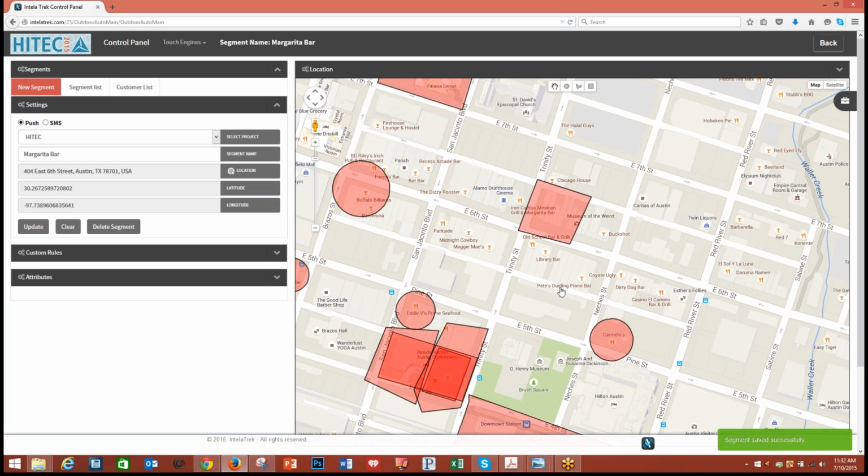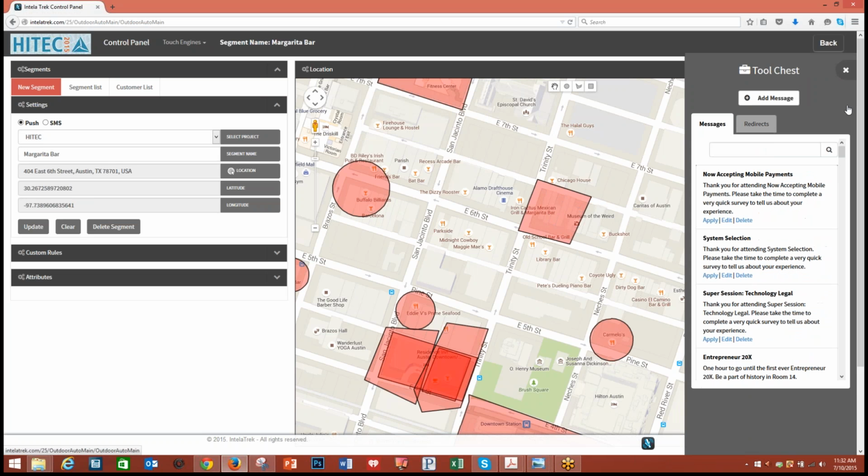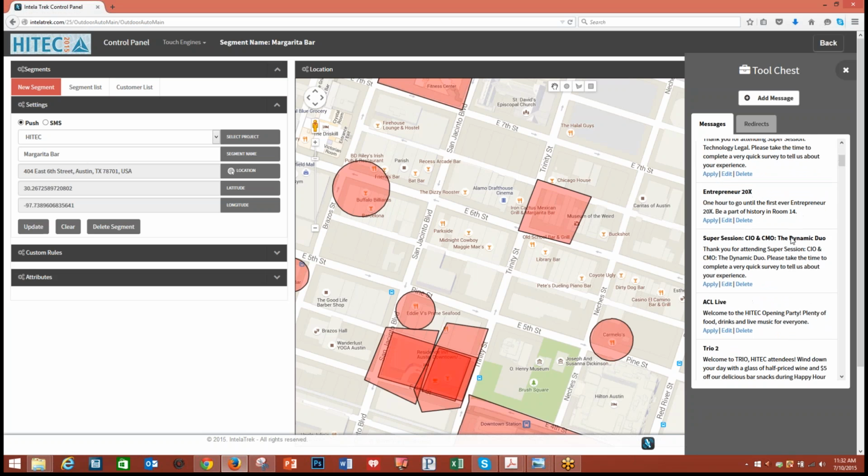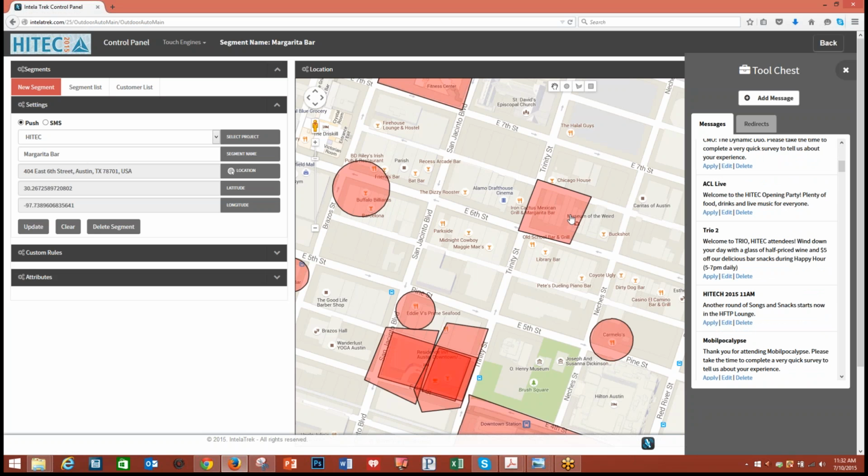Segment successfully created. It marks the latitude and longitude for us, identifies the address, and anybody now that comes around this area will know that they're inside that space. Now, I can create messages from my tool chest and apply any one of these messages. Okay, so I'm already on this area, and if we want to